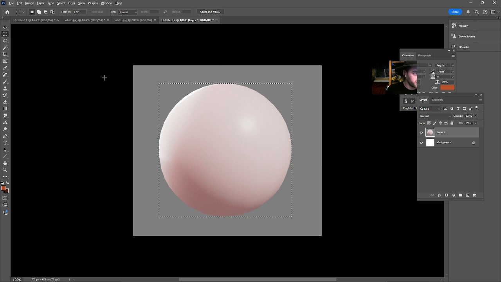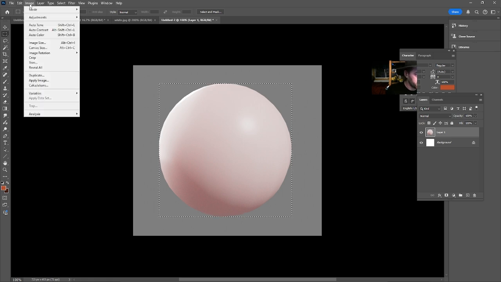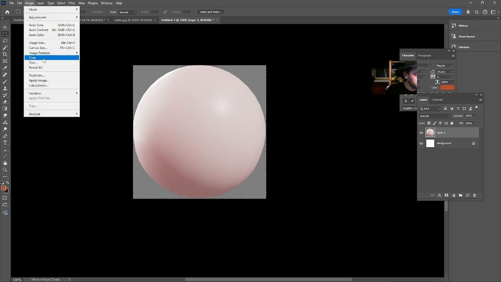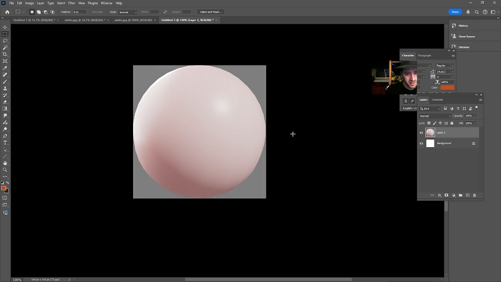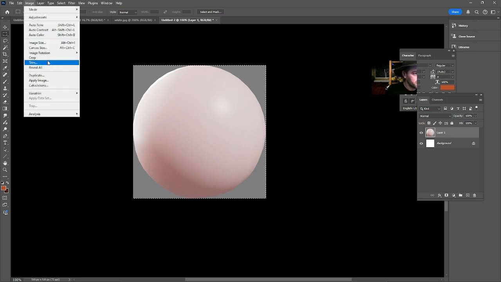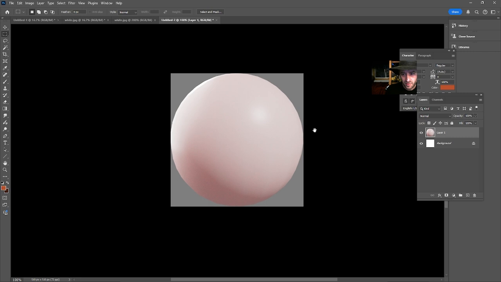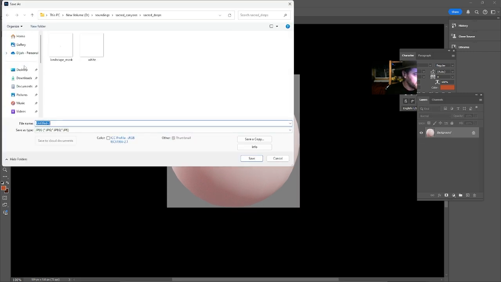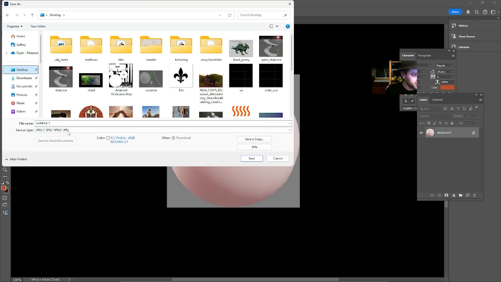All right, and then I will crop it with the image here. So crop, and now we can save this. It should go right up to the edge, so if I'm a little off, I can move pixels up 1 pixel and crop again. That should be good. I just don't want to see any gray, because that will show up in the model, or in ZBrush. Here we go. Okay, save this off, put it on my desktop, call it the skin shader